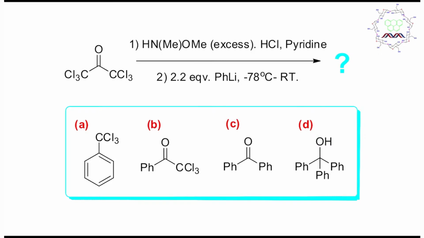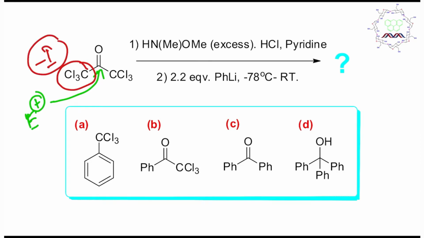So if you look at this reagent a little carefully, students, this is hexachloroacetone. It's a pretty interesting molecule. You can see all hydrogens of acetone are replaced by 3 chlorine atoms. From this we can conclude one thing, that this carbonyl carbon is significantly electrophilic. Why? Because the CCl3 group has a strong minus I effect, which makes this carbon more delta positive, meaning electrophilic. Obviously it has a bulkiness factor too, because the CCl3 group is significantly bigger,